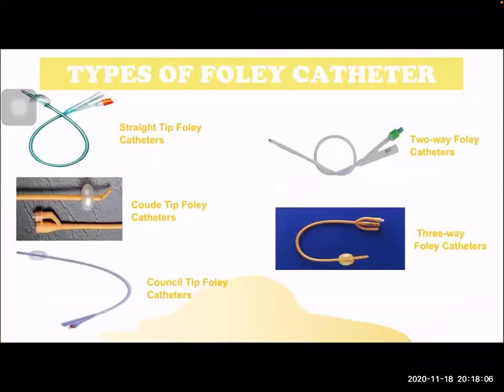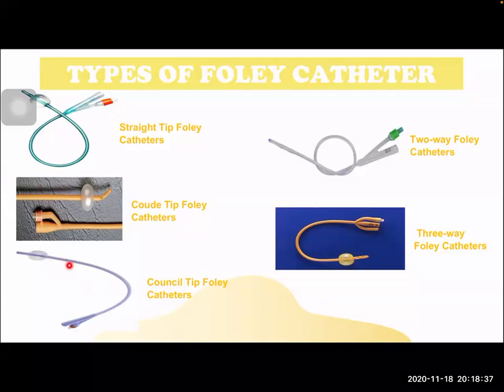So there are several types of the Foley catheters. The first one is the straight tip Foley catheter that is commonly used. And then the second is the coude tip Foley catheter, which has a bent tip, especially indicated for patients that have an enlarged prostate. And then the council tip Foley has a hole on the top so that the wire can be